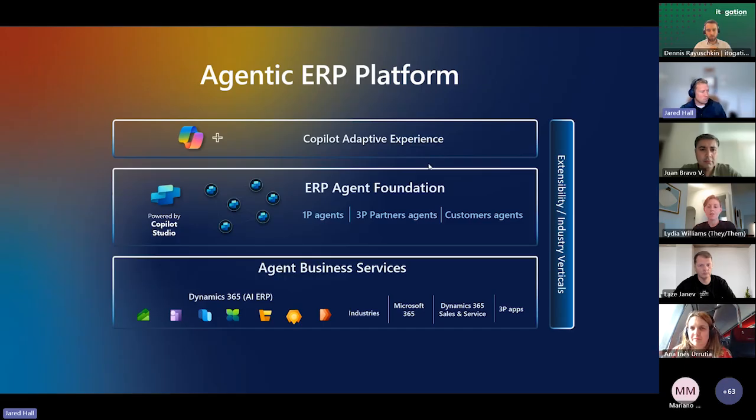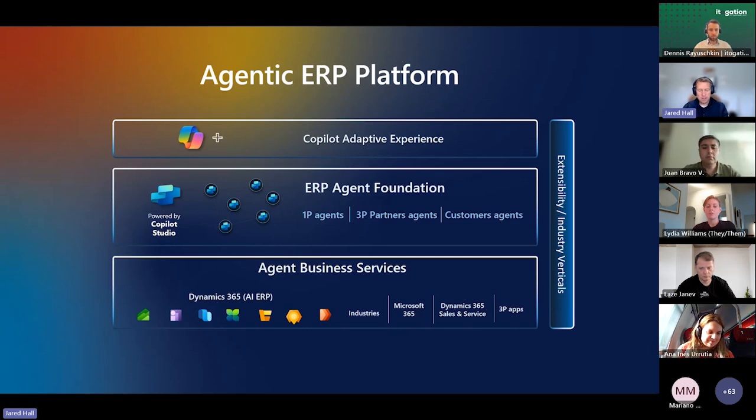So just talking through this, at a high level at the top of the stack, we have our user experiences, where the user can sign in, they're working in the application and have AI generated experiences and content presented to them at a UX layer. But below that, we have the agentic layer, the agent orchestration, the foundation that's primarily powered by Copilot Studio.